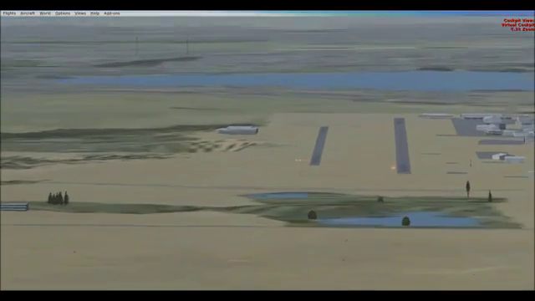First of all, let's start with these lights out here. They're a little bit hard to see, but these lights are called a VASI, which is a visual approach slope indicator, and they show about a 3 degree descending slope. So right now we're showing 2 red, 2 white, which means we're on the path perfectly, and we don't need to